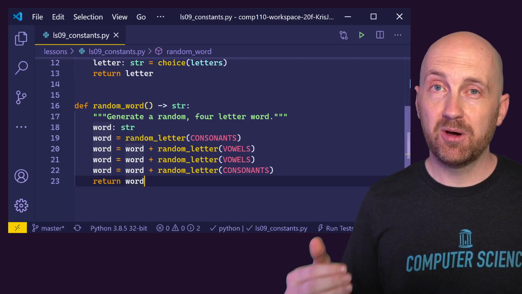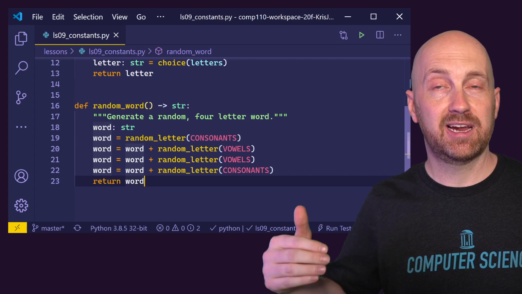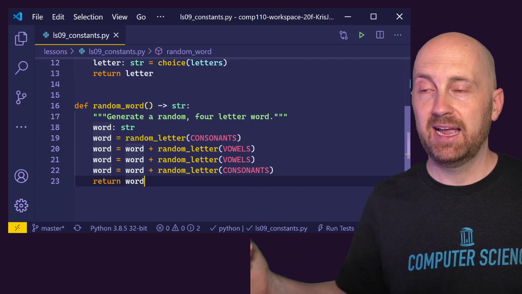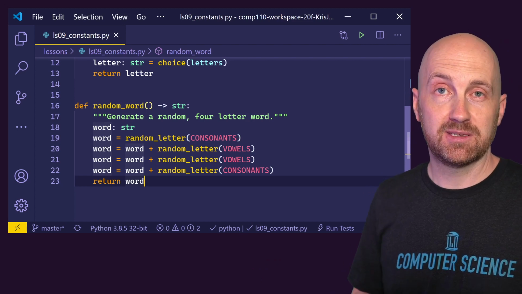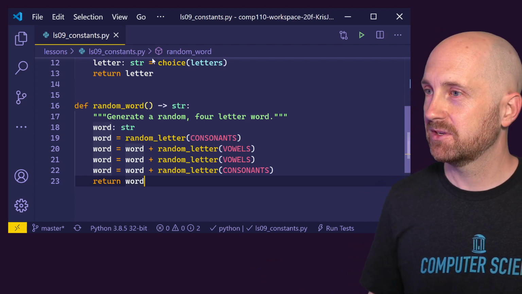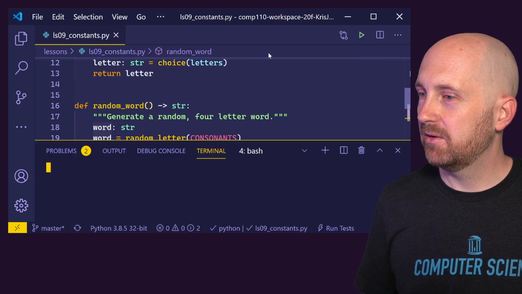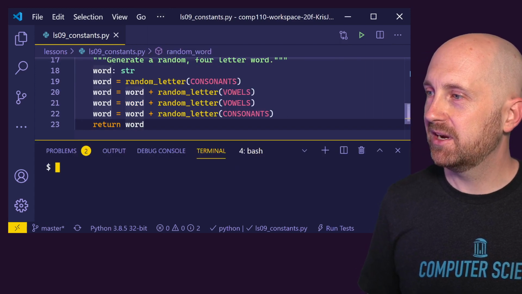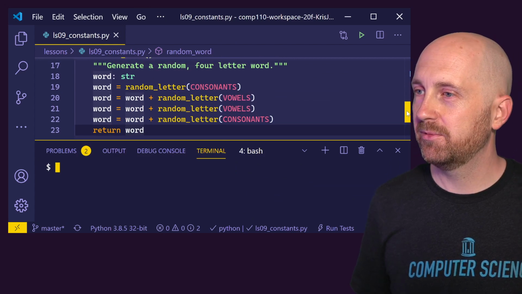And notice here we're building up a string by concatenating onto the end of the string and then reassigning that value back to the variable itself. So we're emphasizing some fundamental variable concepts here. So let's give this a shot. I'm going to go to my terminal and run a new terminal. And this time around, because I don't need my constants, we can just import this one random word function and